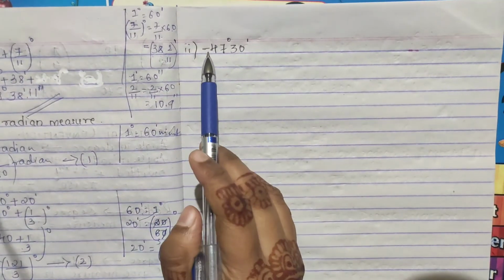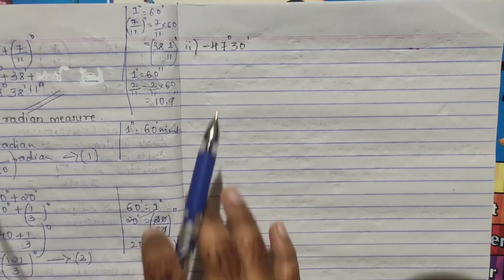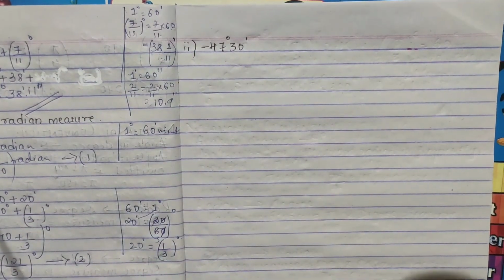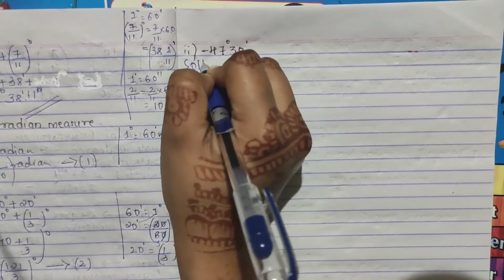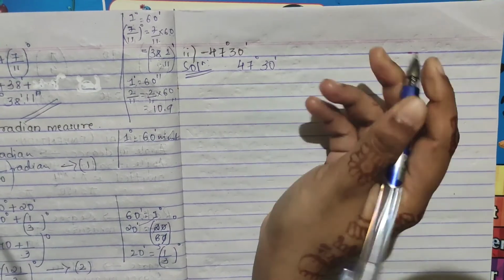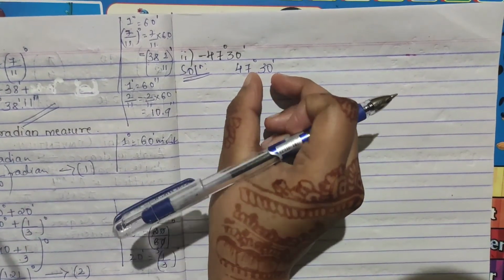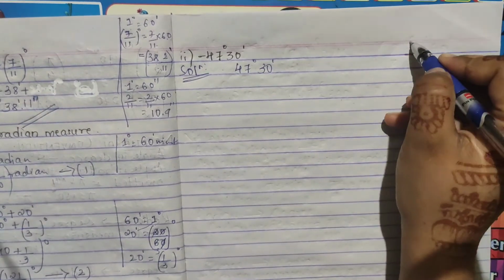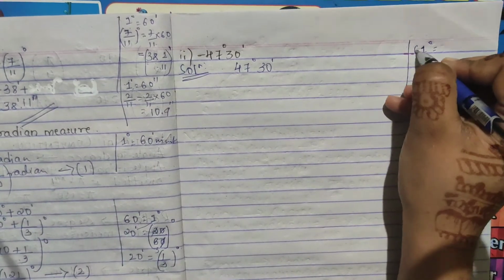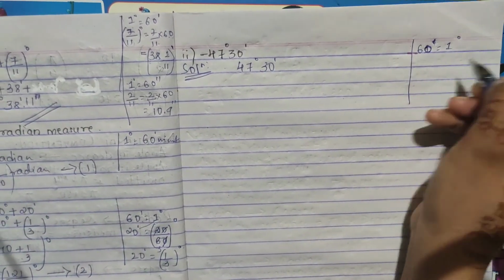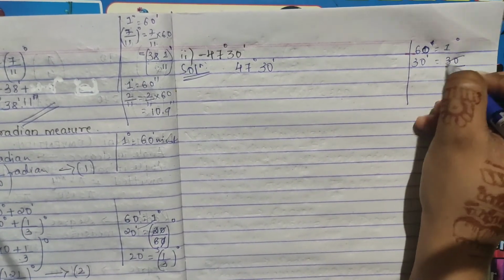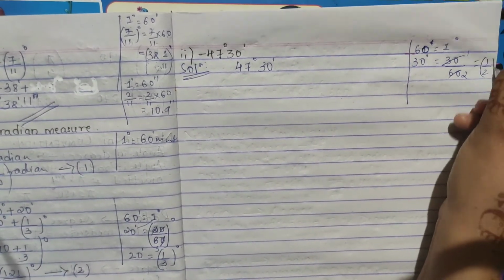Second question is minus 47 degree 30 minutes. See, if it is negative, please don't get afraid or anything. It's okay. We'll just find out our positive side. That's it. Simple. We'll take it as positive only. So we have 47 degree 30 minutes. First you have to convert these minutes into degree only, right? As we know, 60 minutes is equal to 1 degree, right? So 30 minutes will be what? Yes, 30 divided by 60. So you get 1 by 2 degree.